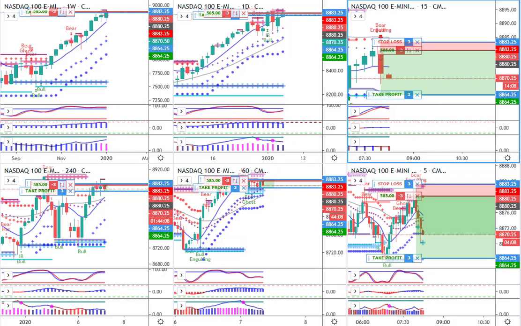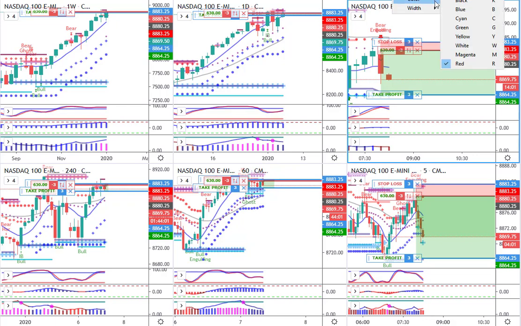Good morning, everyone. It's Gail with Traders Help Desk, and I wanted to show you a trade I'm in that is on the Nasdaq. And the important thing to actually notice here,